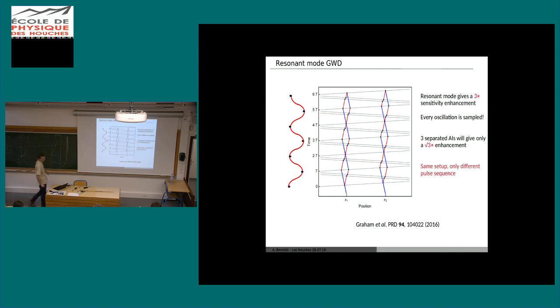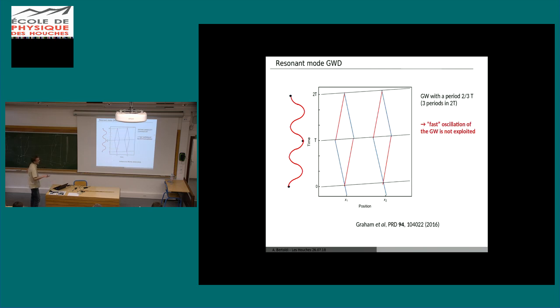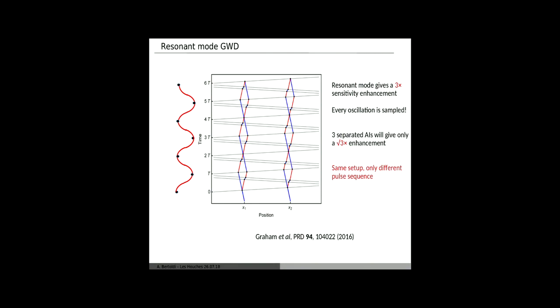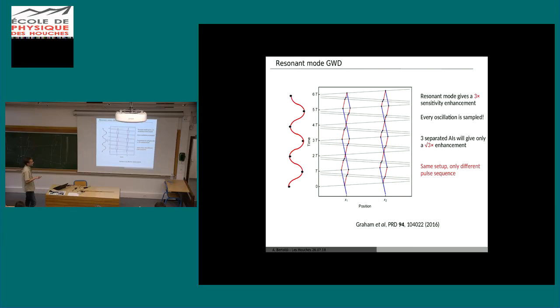The group in Stanford proposed to exploit this fast oscillation of the gravitational wave, and instead of using a single loop interferometer on each side, they proposed to implement a diamond configuration by which you can probe the gravitational wave at the maxima of its evolution. And in this way they show that you can get a factor 3 in this case boost of the